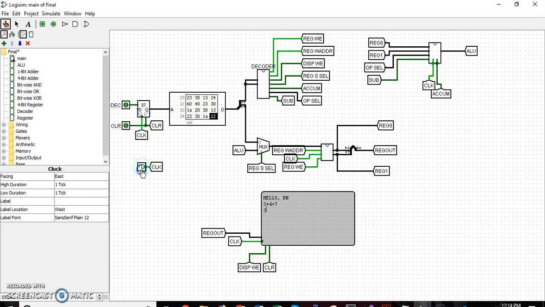All right. Come out with that here. All right, so to make a multiplication, we move 3 into register 0, 3 into register 1, then we add them together, and then move the accumulator into register 0, add another 3 into register 1, so we have 6